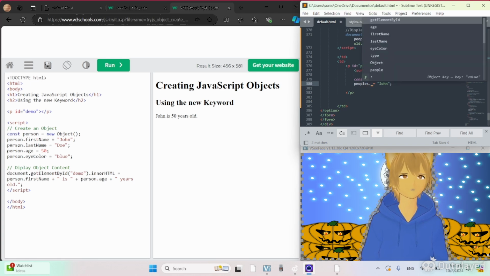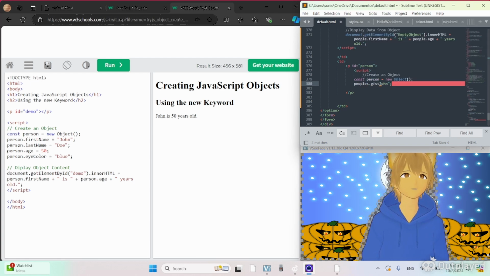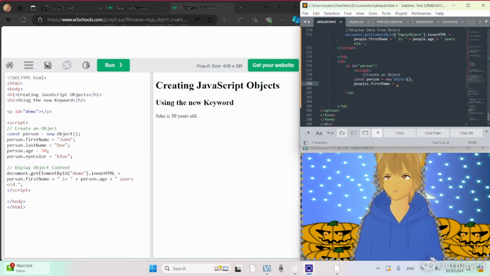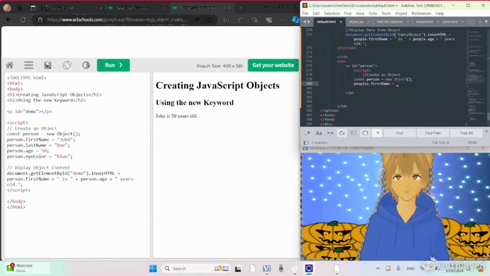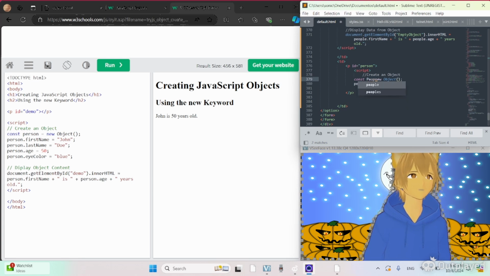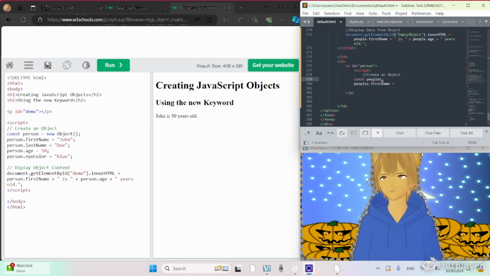Peoples dot first, yeah, I know, doesn't sound great. Name equals, and here it's going to be peoples, const peoples